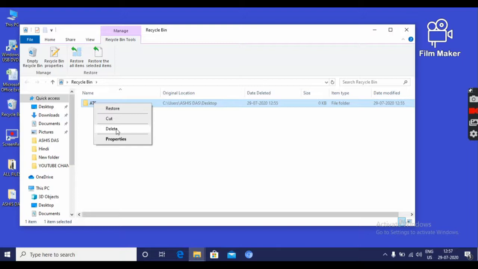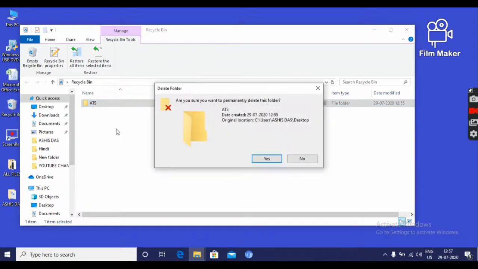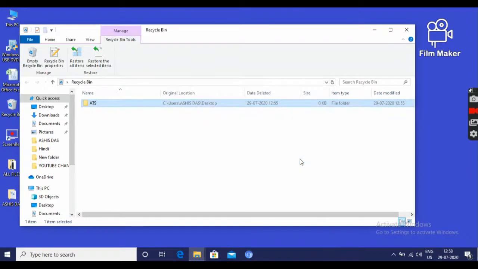And then be sure that you do not want it in future. Then it will appear a message, are you sure to delete it permanently? If you have already decided to delete it forever, then click on yes, or you can click on no. I will click no.